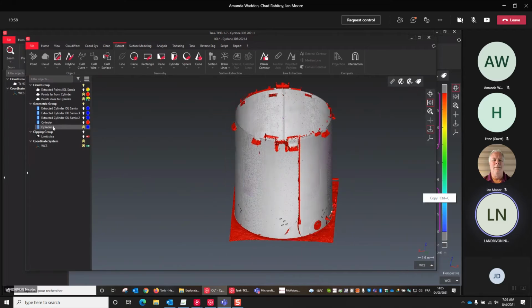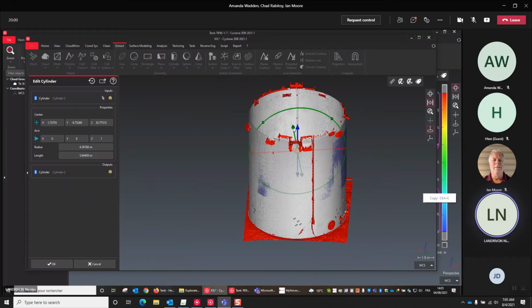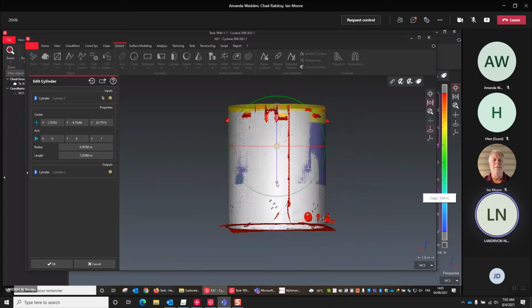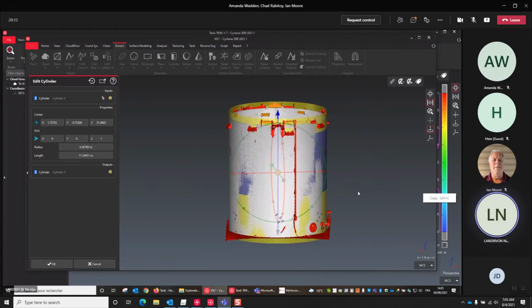So here the cylinder can be a little bit extended, to be sure that for the subsequent step, I'm going to clean the cloud according to this shape.